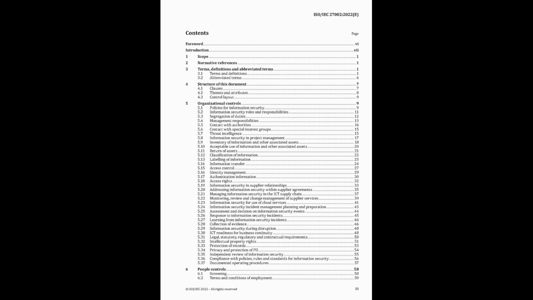Okay, 5.15. Access control. Back to a real bedrock principle. Establishing rules for physical and logical access based on business needs and security requirements. The purpose is straightforward. Ensure authorized access, prevent unauthorized access. Least privilege principle again. And the information owner should define who gets access to their assets. Yes, they determine the requirements. These should be documented in a specific access control policy.